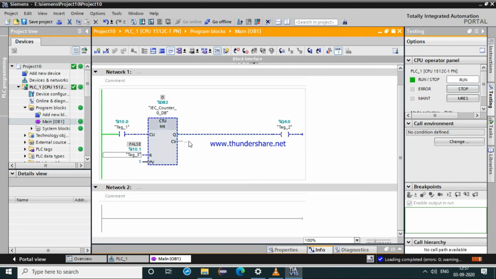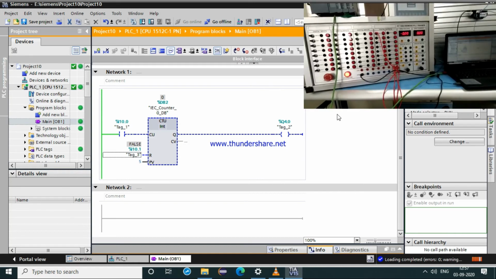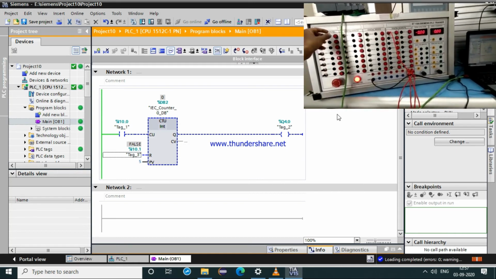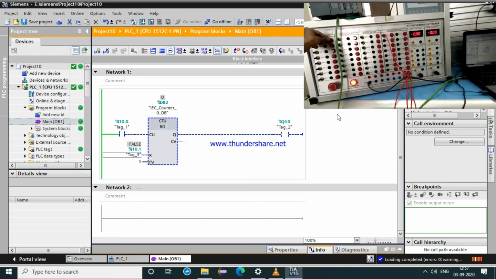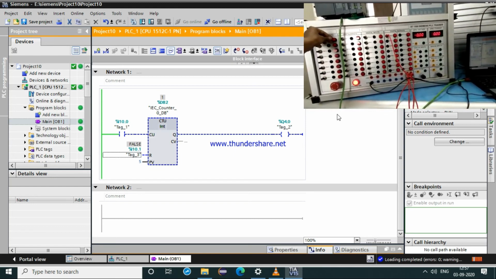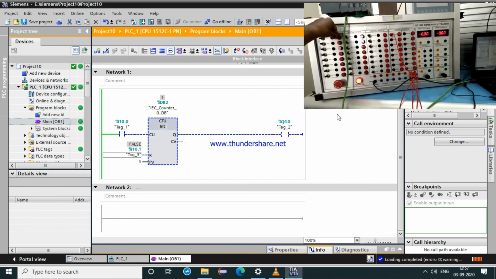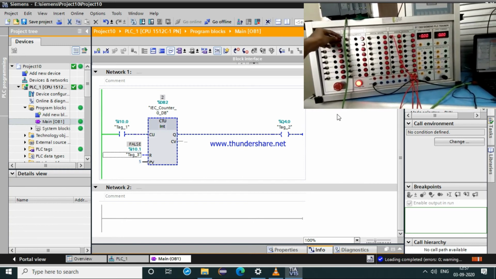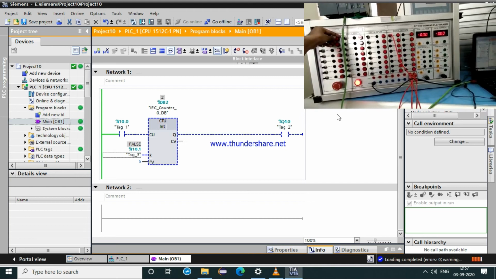Now we can see it is at 0, it will operate. Now we can see the counter operation. That is, when I press my input 1, my counter will count to 1. When I press input 2, the same input, my counter will count 2.